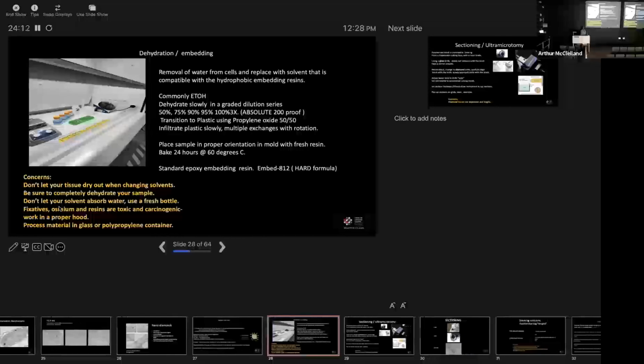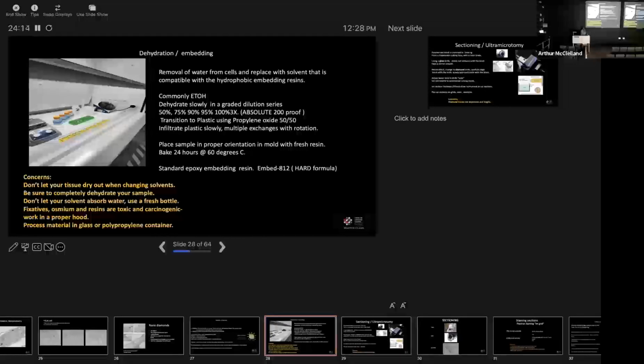Then we're going to dehydrate our tissue. We're going to remove all the water from the cells and eventually infuse plastic into the cells. All right, but the water and the plastic are not miscible. So we have to get the water out. We have to do that slowly. Again, we don't want to tear up the cells. We don't want swelling. We don't want shrinkage. We want it to look like it did when it was plump and happy and full of water and living in the incubator. So we do it slowly.